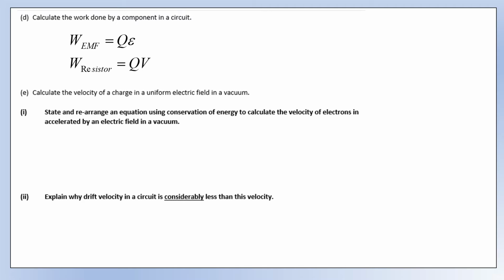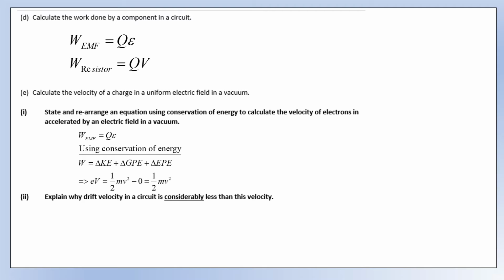So then what we can do is use this work done by the EMF to get an idea of the velocity we could get if we had an electron in an electric field. And we can do that by using conservation of energy. Using conservation of energy, if we do work on something, one of its forms of energy must change. And in a circuit, we don't think about gravitational potential energy, we don't think about elastic potential energy. So essentially what that's going to mean is the work we're doing with our electric field is going to increase